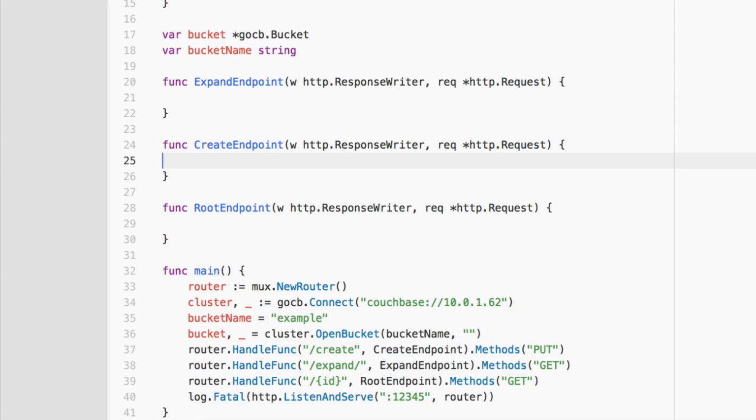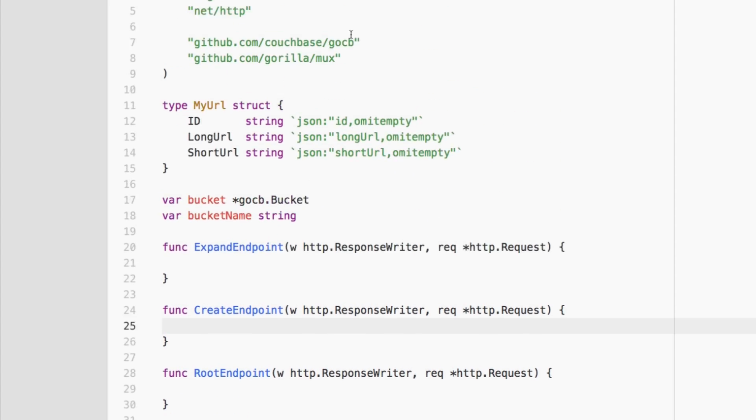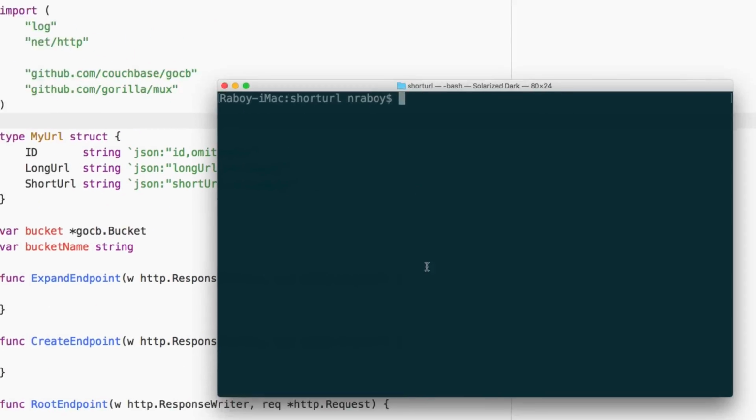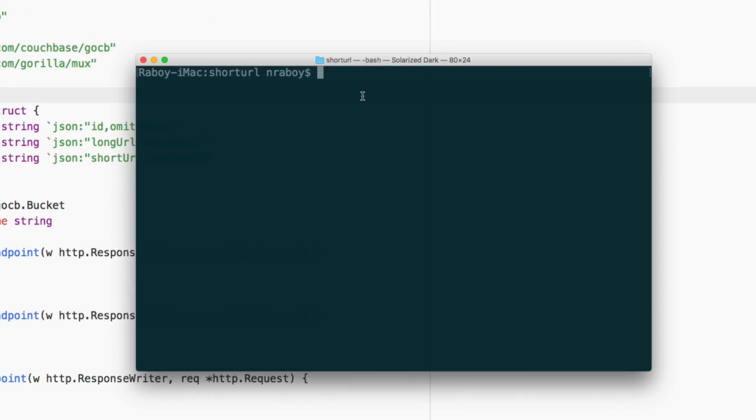So we will be using another package. This is the third package we've installed so far. We've installed GoCB for Couchbase. We've installed Mux. What we do want to install now is a package called Hashids. So what we can do is say the following. go get github.com/speps/go-hashids